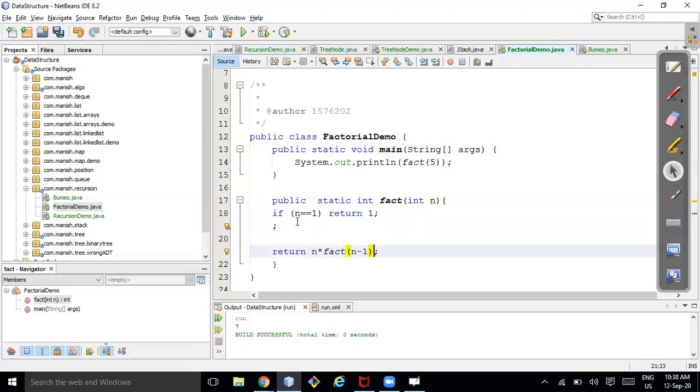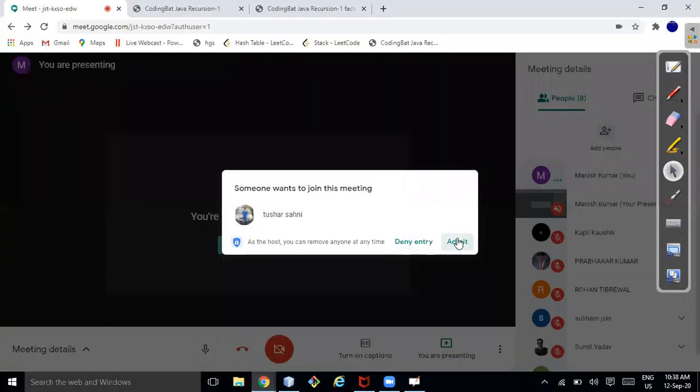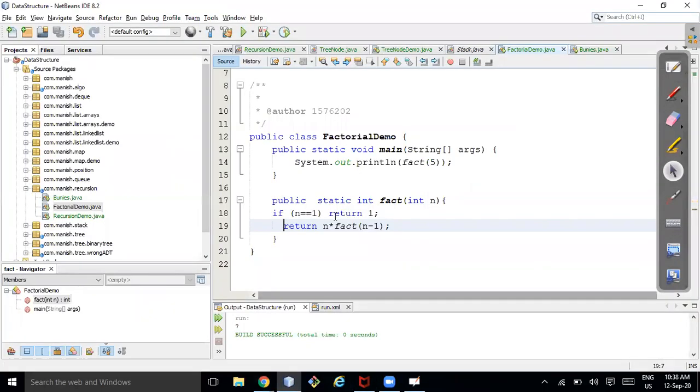Manish, you're trying to tell that for every call we are declaring and assigning the variable int r? Yes, Manish. The function will be called again and again, right? So if it is possible, you can try avoiding that and directly return n into fact of n minus 1. Do you see any problem? There is no problem, right? So that r variable won't be declared n times. That is one benefit.